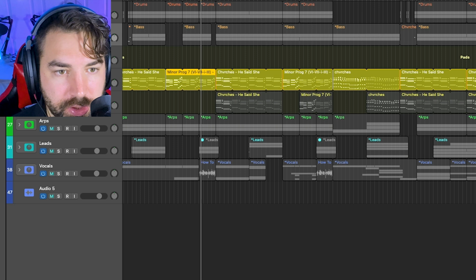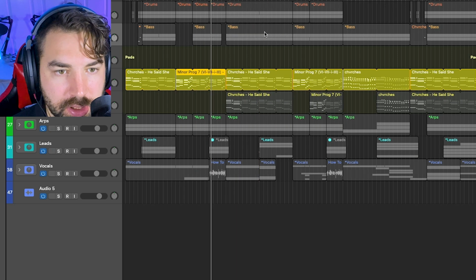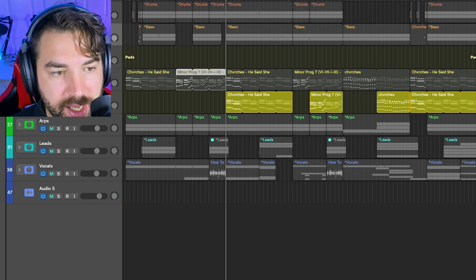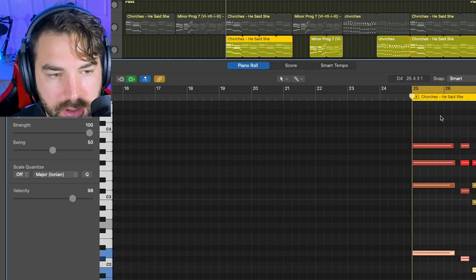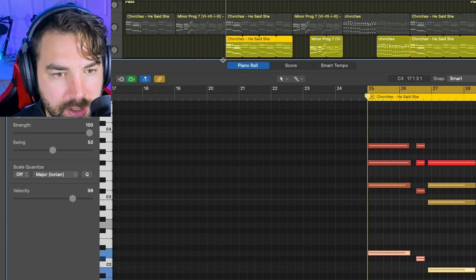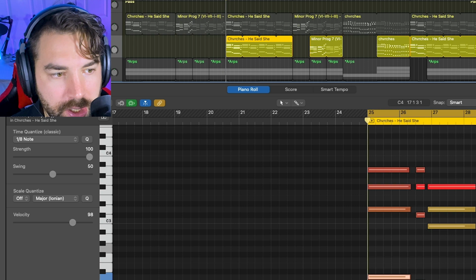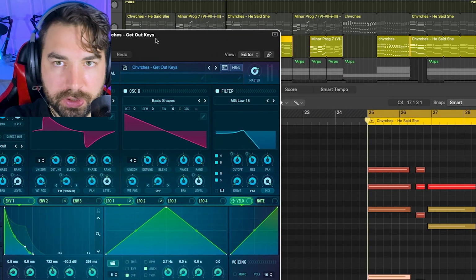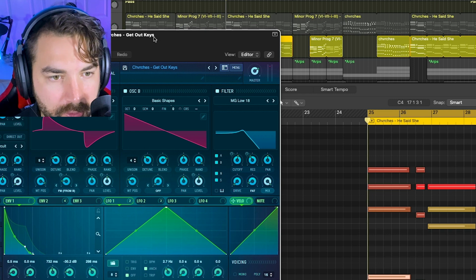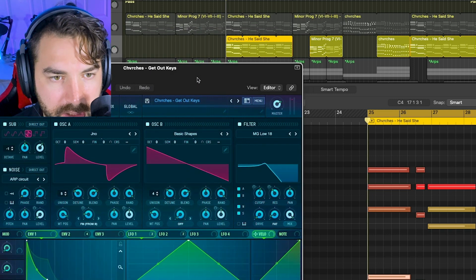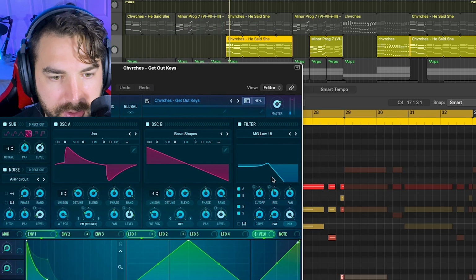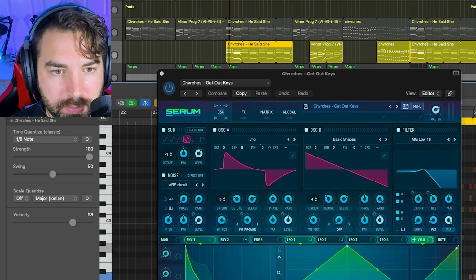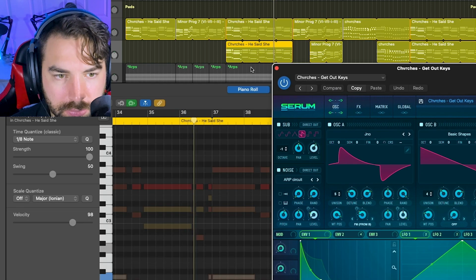And then it's not until the second chorus when the next layer comes in, the Get Out keys from the Serum preset pack. And these are a lot bigger, even more lush. And they have the filter opening up over the course of 8 bars automatically. You can see it's doing it on its own with the LFO, I'm guessing. So if we combine these two,